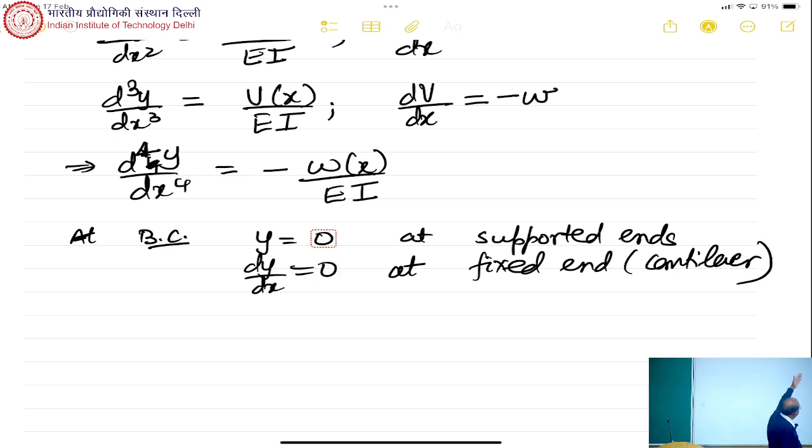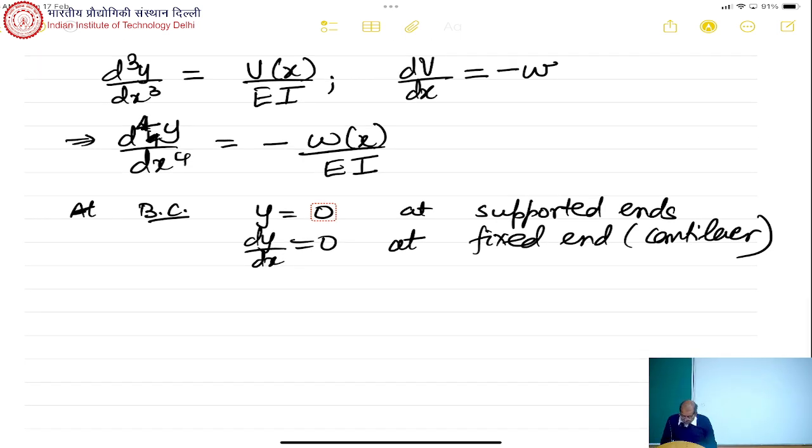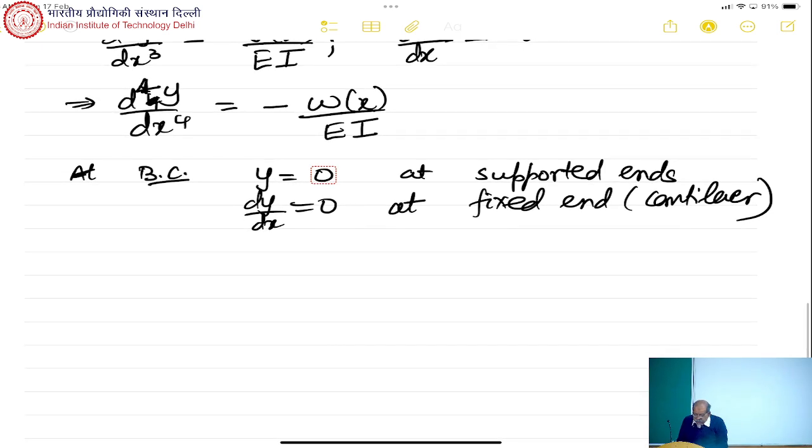Y is also equal to 0 and dy by dx is also equal to 0. And at a free end, suppose